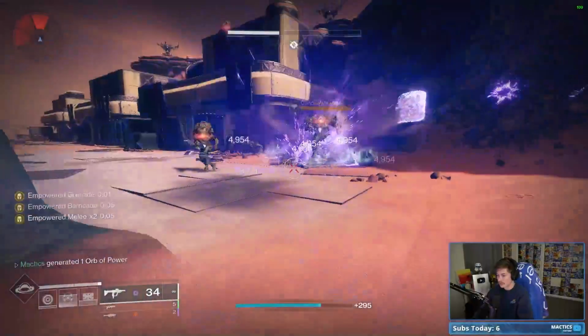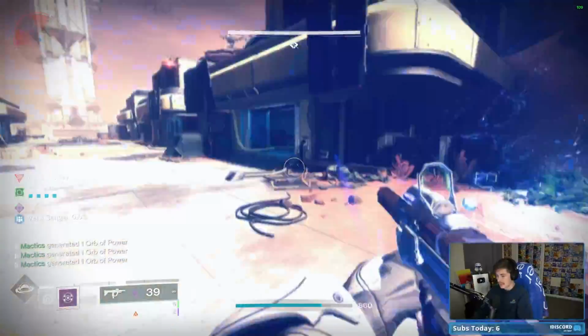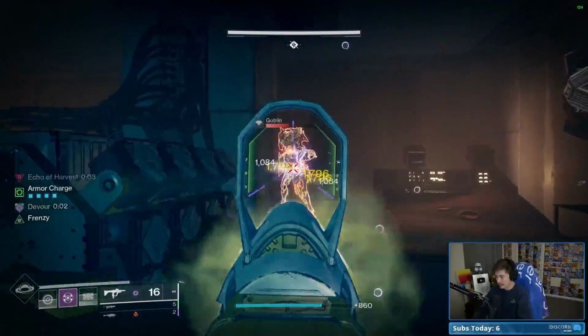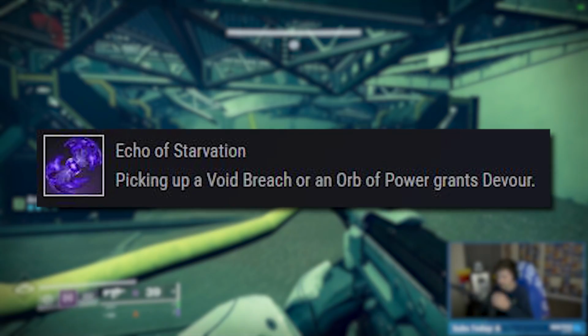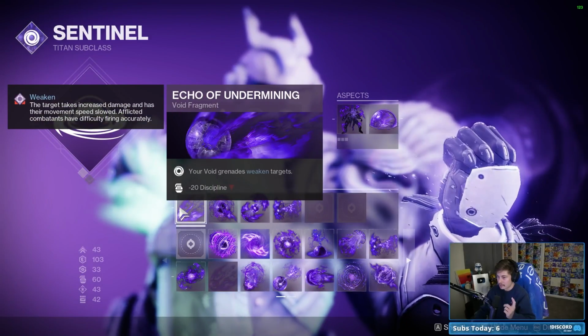And then as far as I could tell, they also set us up with some mods and fragments that allow us to get the Devour buff. Namely, that would be the Echo of Starvation, where anytime you pick up a Void Breach, you will receive the Devour buff. And why that's really key is because if you look at our mod setup here that they've proposed for us,